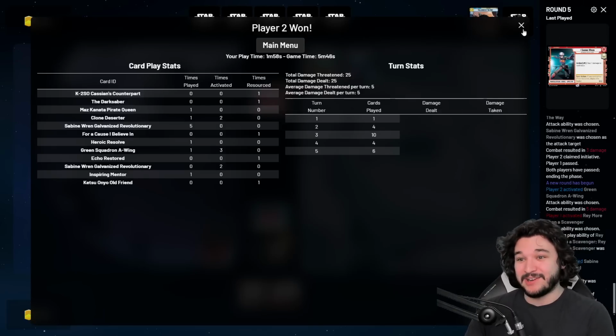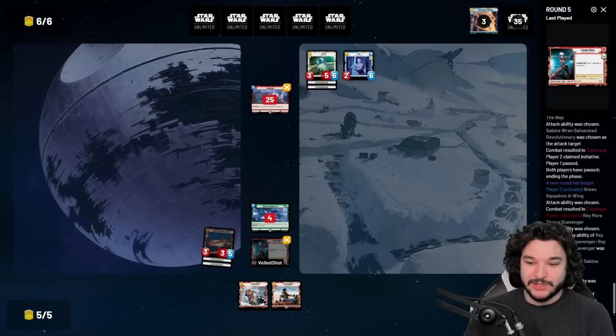I mean, that was pretty crazy. Ketsu Onyo is one of those cards where, in some matchups, it's just going to win you the game. And in some matchups, it's going to be just a 3-2. In this matchup, it is one of those cards that's going to win you the game, even though we didn't